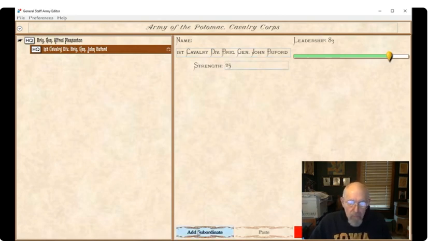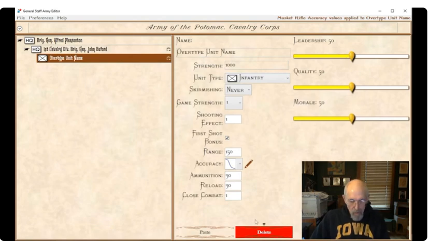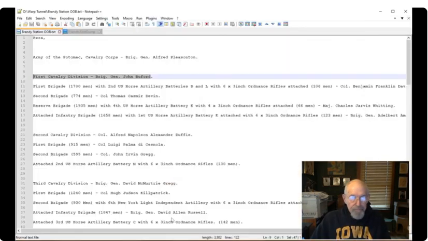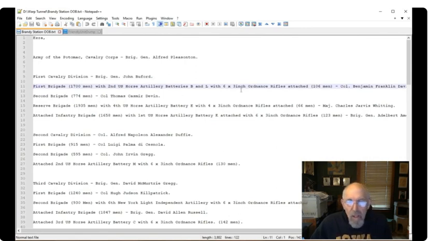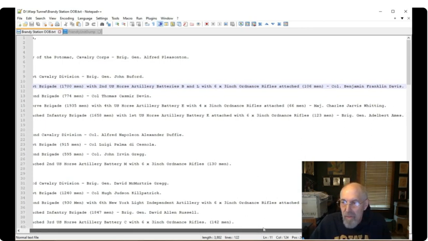And then we'll add a subordinate to that. And we'll go back to our order of battle table. And we have the 1st Brigade, and it also has the number of troops we need. It also has some artillery. So we'll start off, we'll just call this 1st Brigade. And Colonel Benjamin Franklin Davis. I love these Civil War names.